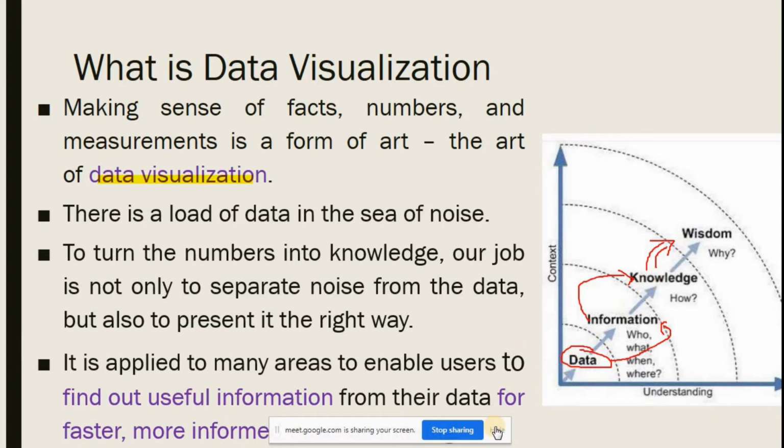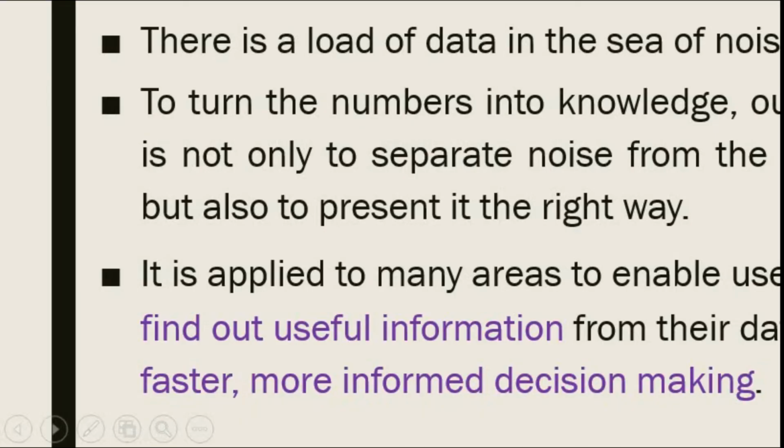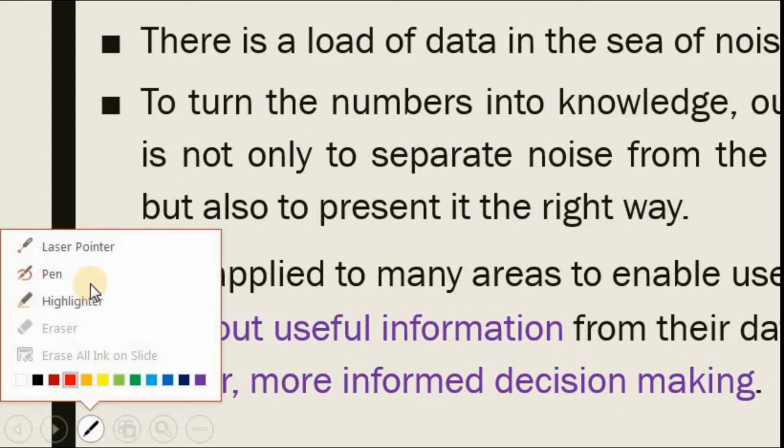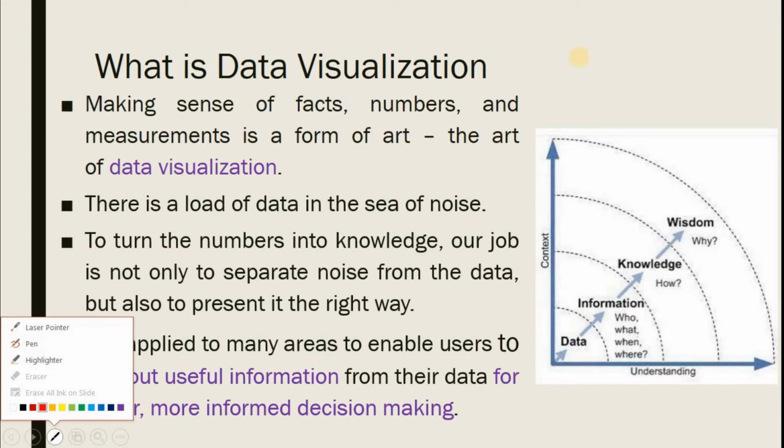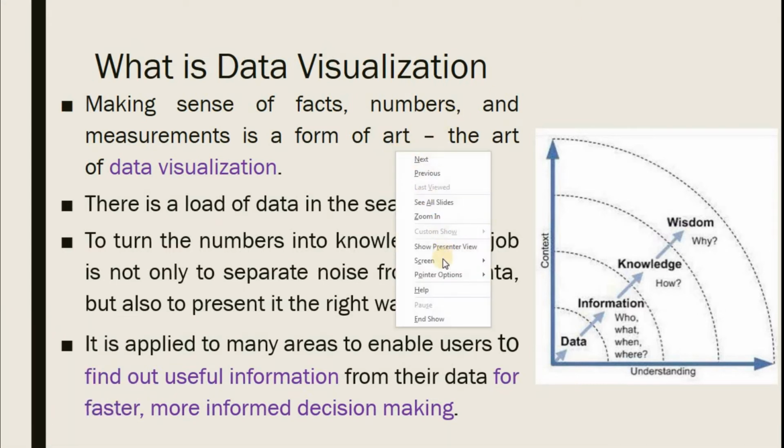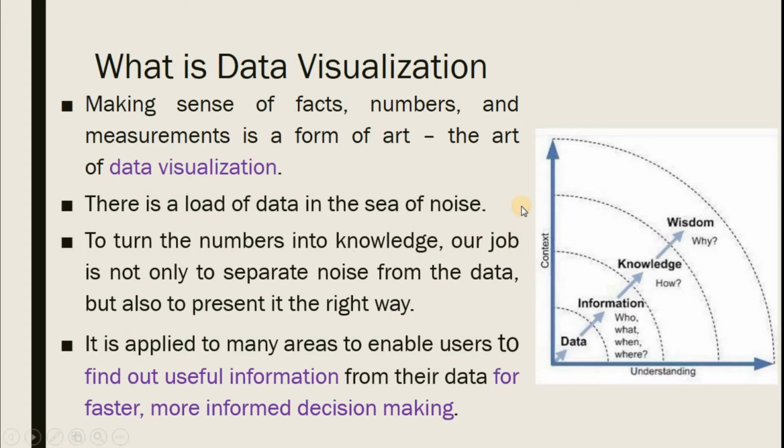It is always advisable to hide this so that the entire screen is visible to our participants. You will find all these tools either at the bottom left corner of your window, here the laser pointer, pen, highlighter as well as eraser, or through a simple right click over your screen while presenting. And you will return to your arrow option by simply clicking escape.